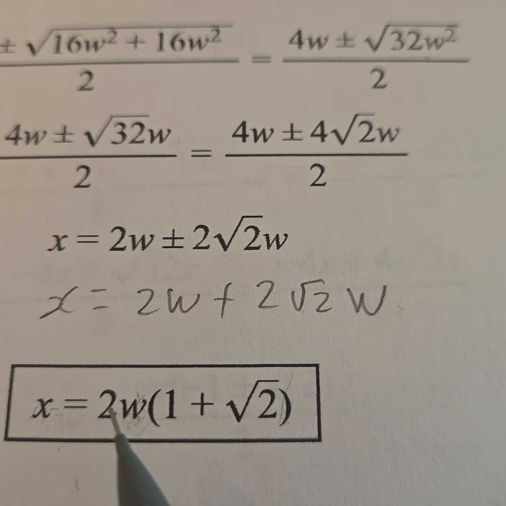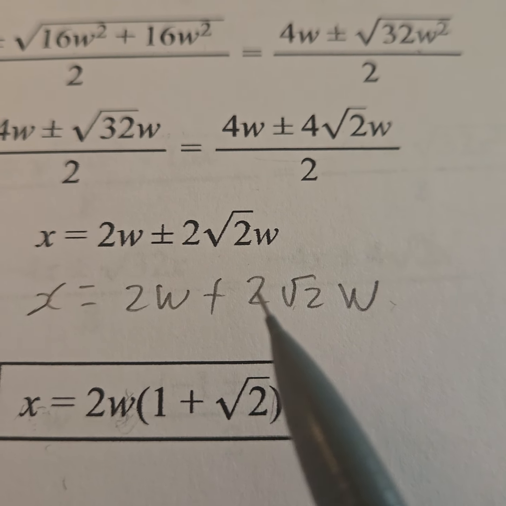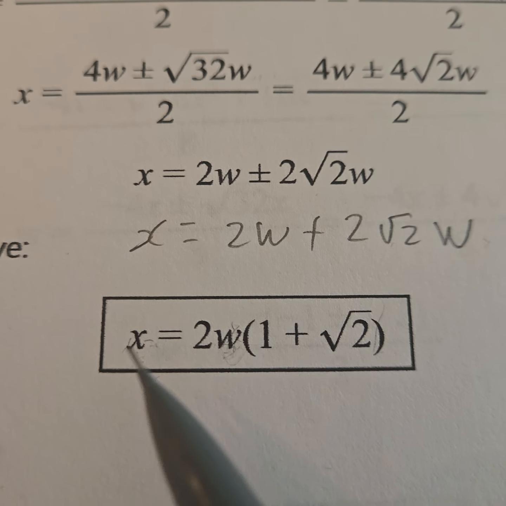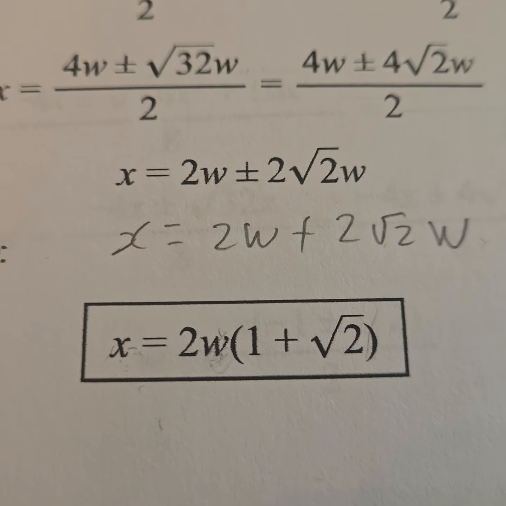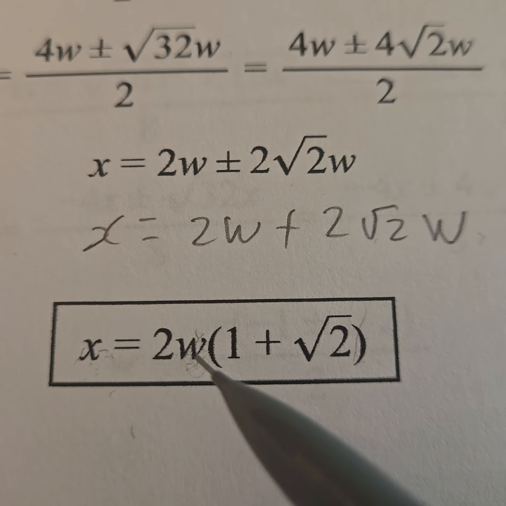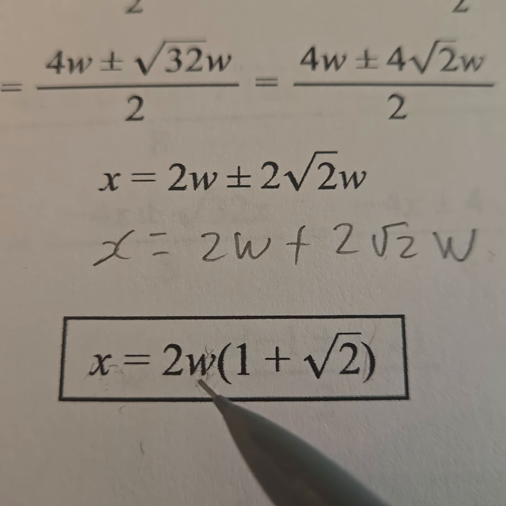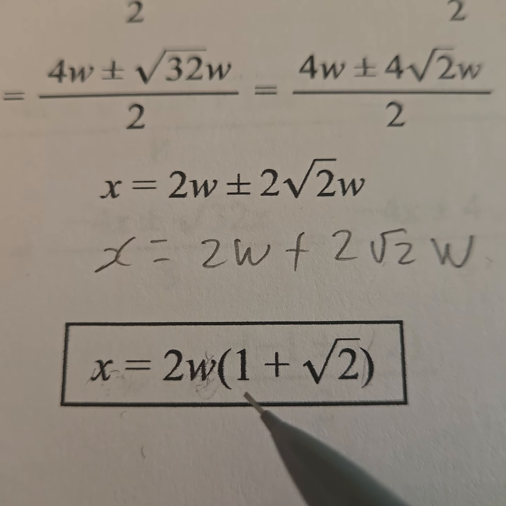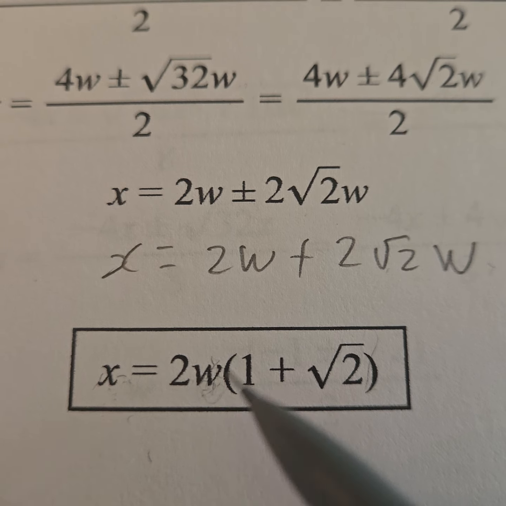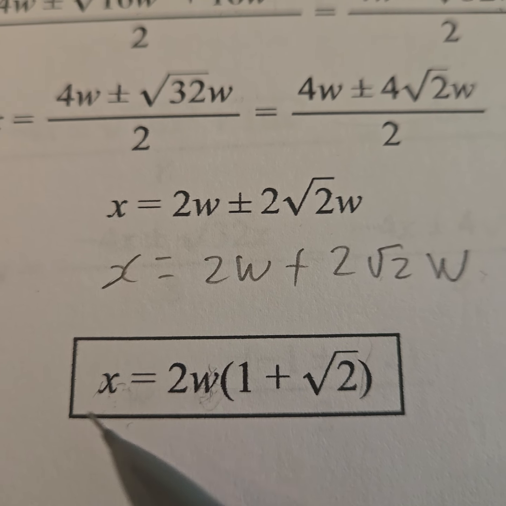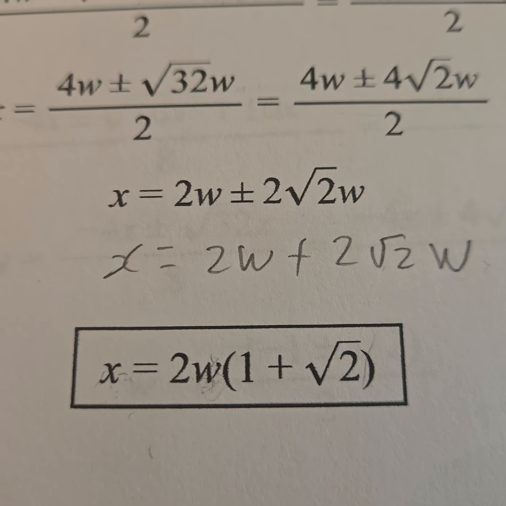Because root 2 times 2 times w is 2 root 2 w. So that's the formula to find the original square. So I'm just going to make up a number. We had a square farm and the sides were extended by 11 meters on each end. What's the original dimensions? We would plug in 11 here, and that will tell us what that original length of the small square would be.